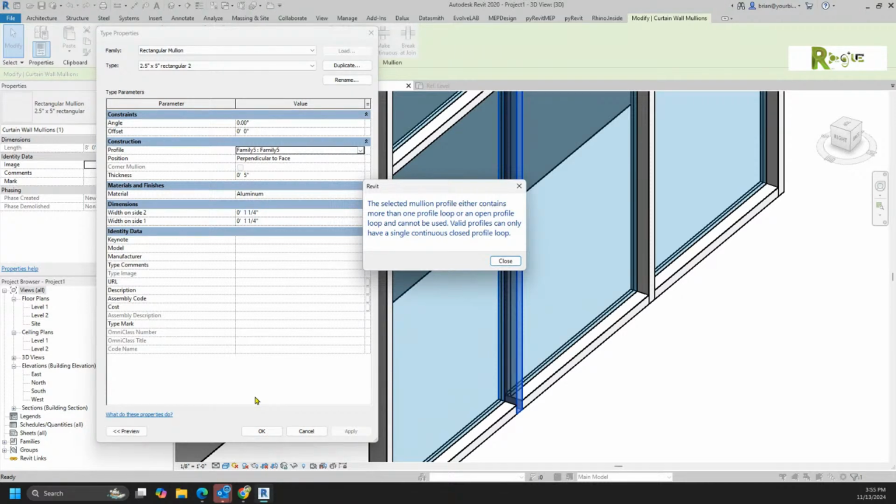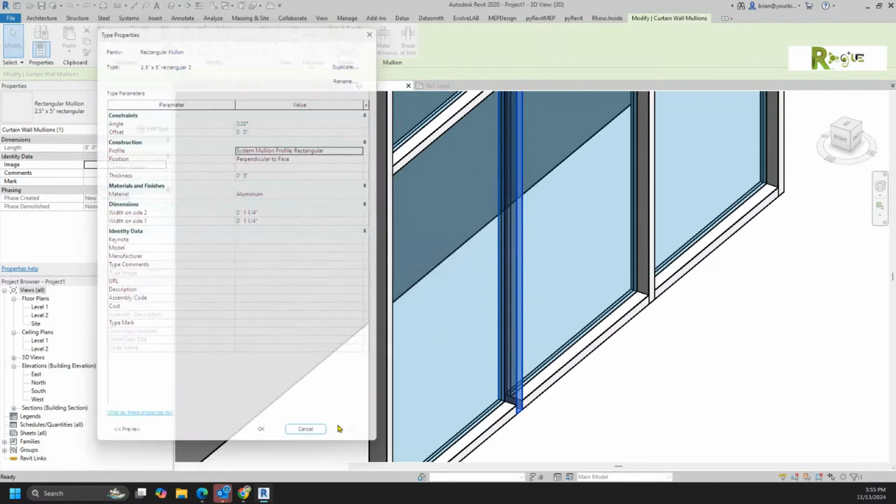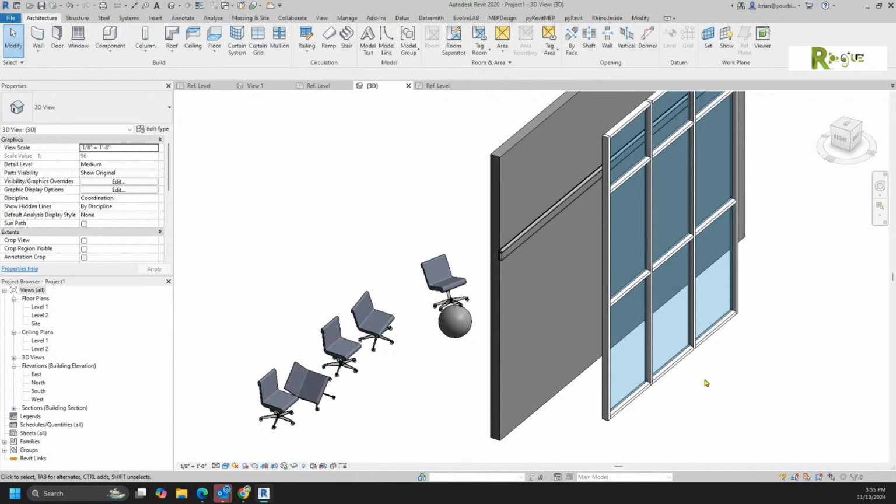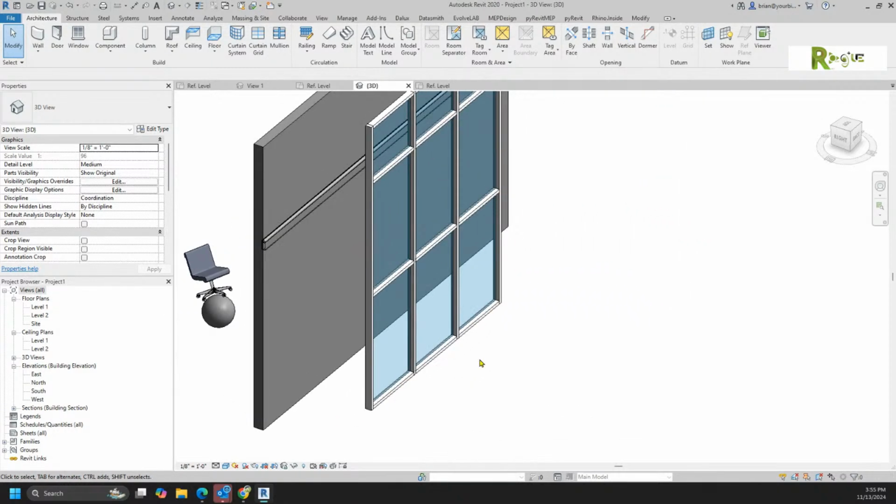That makes sense to you? Yeah. So it's not that you didn't used to be able to make that profile. It's that you couldn't use it in a curtain wall grid. Which is, I mean, it's good that they fixed it. It should have been fixed a long time ago. I just didn't know if a profile could always be a multi-shape profile, which then gets me believing, how about